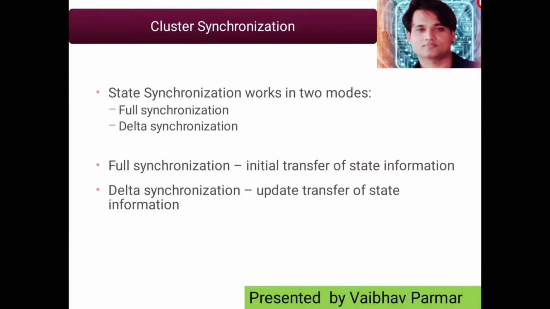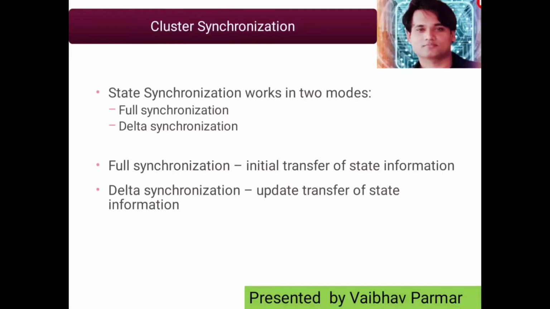So whenever failover occurs, all the firewall kernel table information and other details get transferred to the other member. Full synchronization is handled by the FWD daemon, using an encrypted TCP connection,